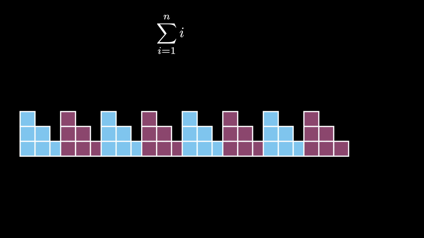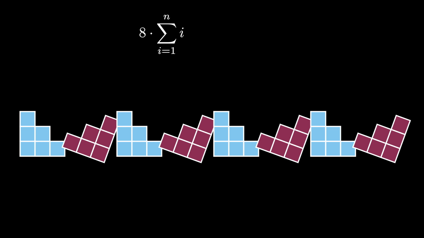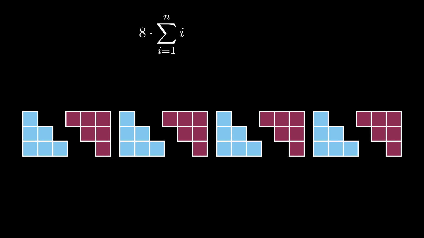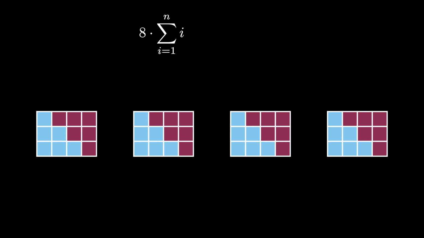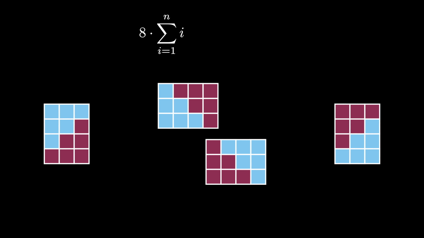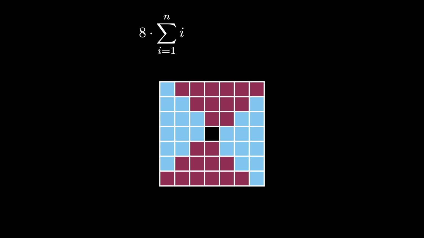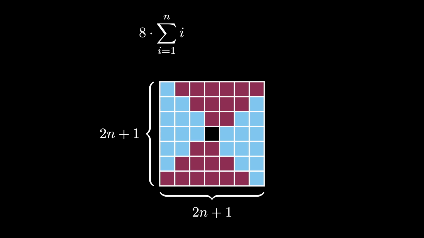Now let's take 8 copies of this triangular array, and let's rotate every other one of them, and then glue successive pairs together, forming 4 rectangles. Now we can strategically arrange these 4 rectangular arrays together to form a shape that is almost a square array. In fact, it is a square array with dimensions 2n plus 1 by 2n plus 1, but there's one square